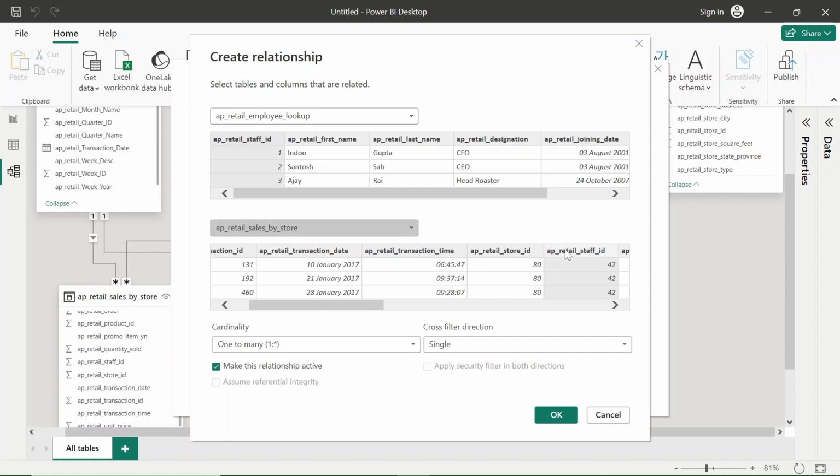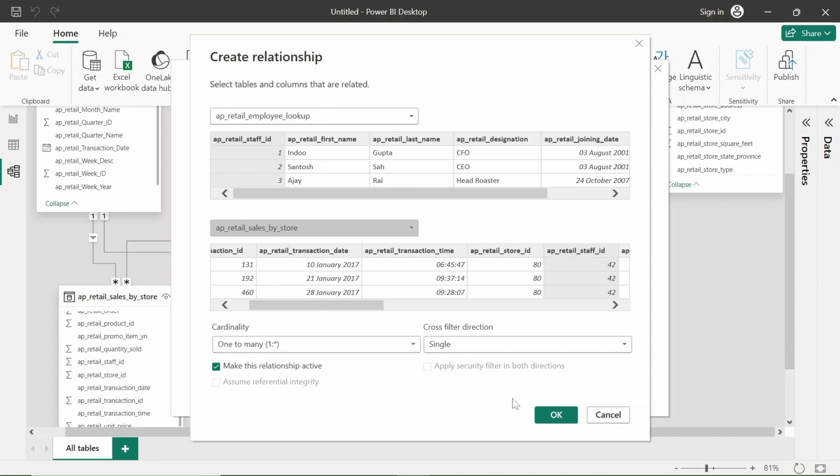See, it automatically identifies the relationship to be created between the AP retail employee lookup table and the AP retail sales by store table with the help of AP retail staff ID, and the cardinality is also specified as one to many.